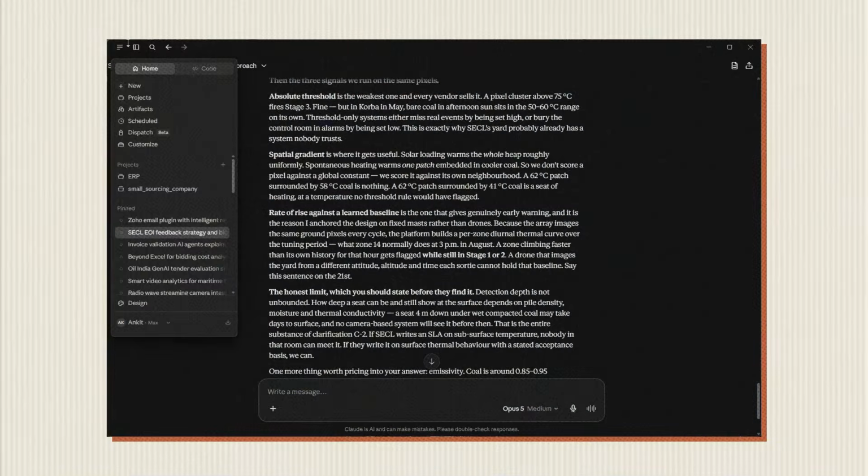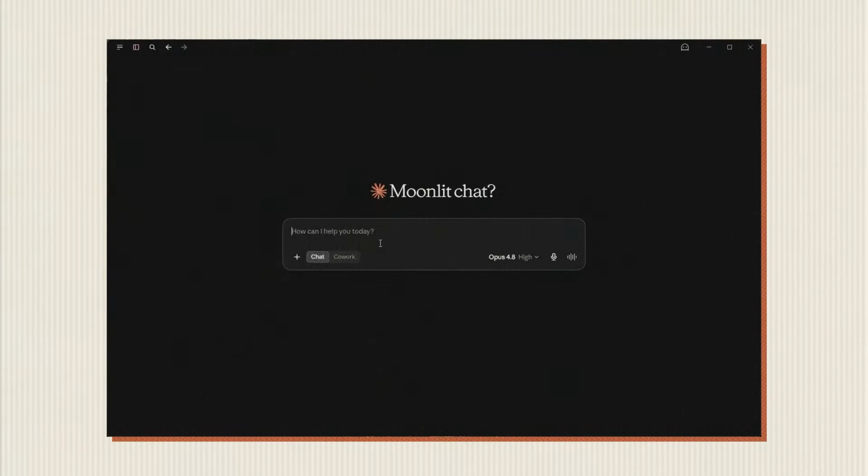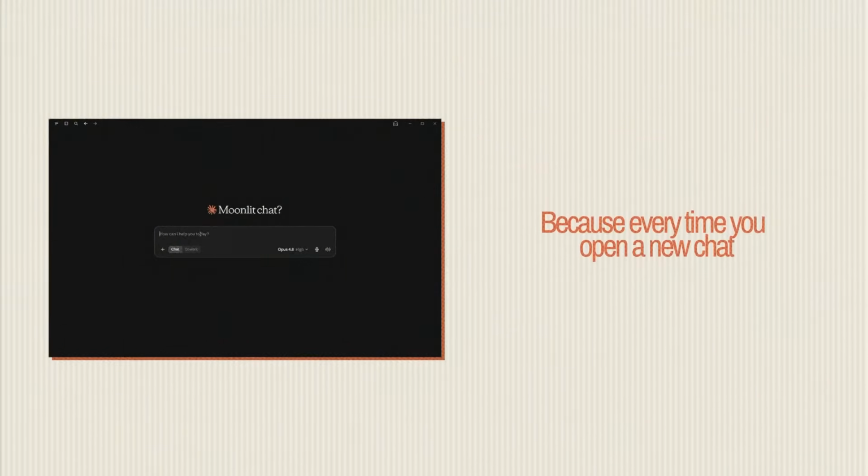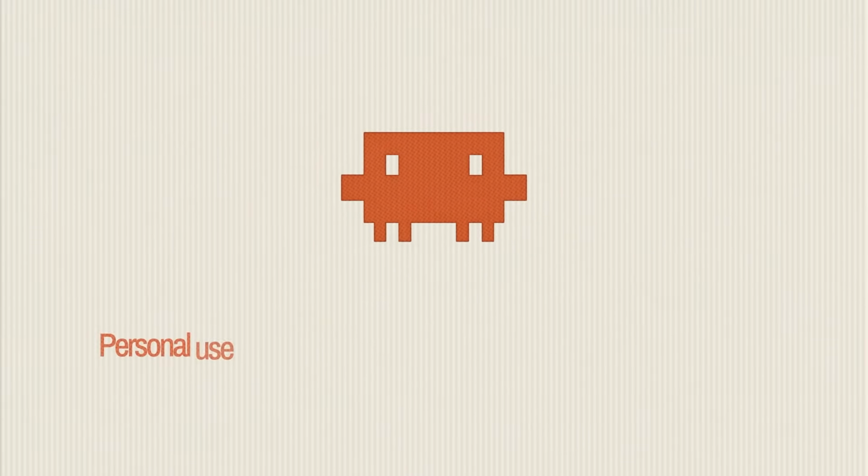When you head to Claude, even for a little task, you just start with a new chat. Don't do that, because every time you open a new chat, Claude has no idea who you are or what you do. It's meeting you for the first time again and again. Here's the simple fix. Just make 3 projects, one for personal use, one for business and work,